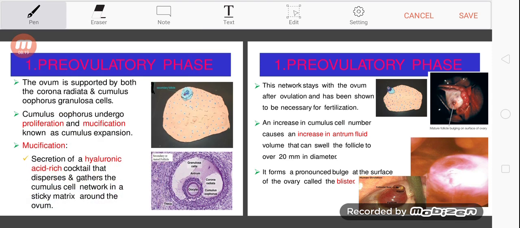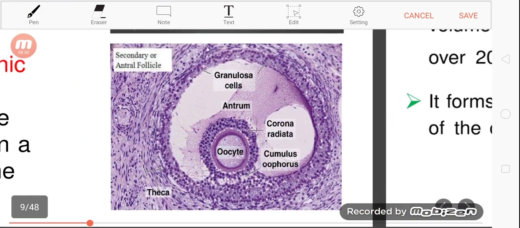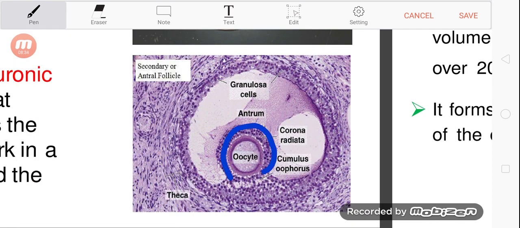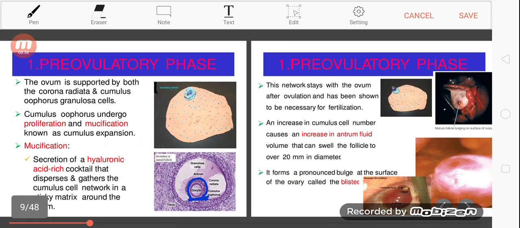So the follicle cells, the ovum is supported by both corona radiata and cumulus oophorus. These cells over here, corona radiata and cumulus oophorus. The ovum is supported by both follicle cells. Both are follicle cells, corona radiata and cumulus oophorus, granulosa cells. So these cells here undergo proliferation,